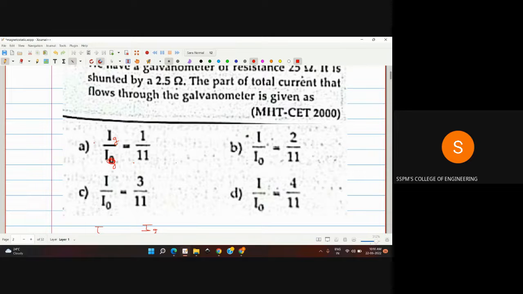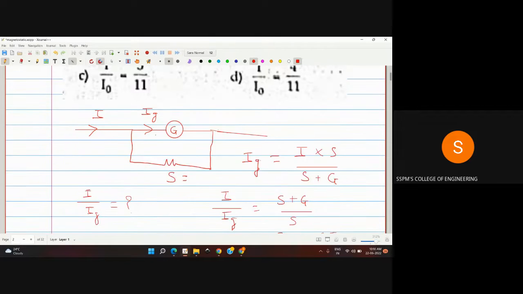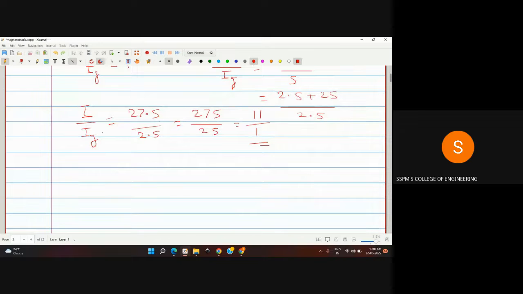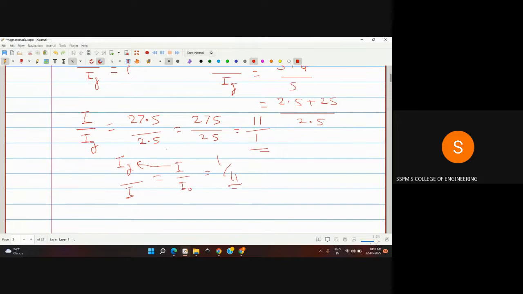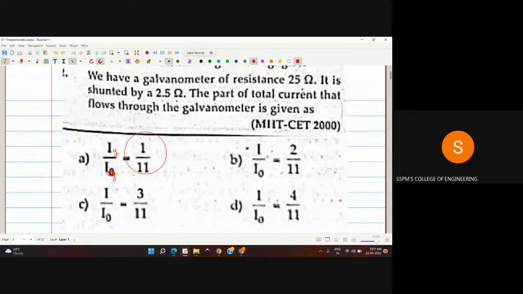I0 इज अ टोटल करंट, isn't it? तो IG अपॉन I0 दिलेला आहे इथे. IG अपॉन I0 इज 1/11 आणि आपला आन्सर काय आलाय बघा. I अपॉन IG इज 11/1 और IG अपॉन I, or you may write I upon I0, where I0 is nothing but a galvanometer current, is 1/11. So correct option is A,